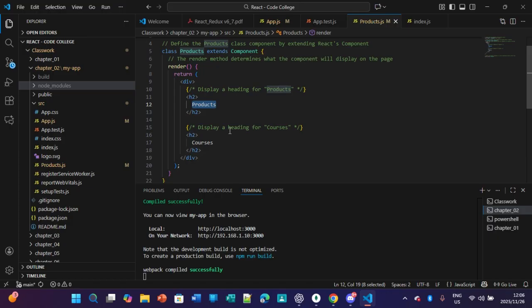Then you got app.js. App.js, my first React app, renders the Products component 3 times. Products, import Products from dot. So we're dealing with the whole nine yards when it comes to app.js. The render method renders what we have: my first React app, then render the Products component 3 times. So what happens is the Products component gets rendered 3 times,